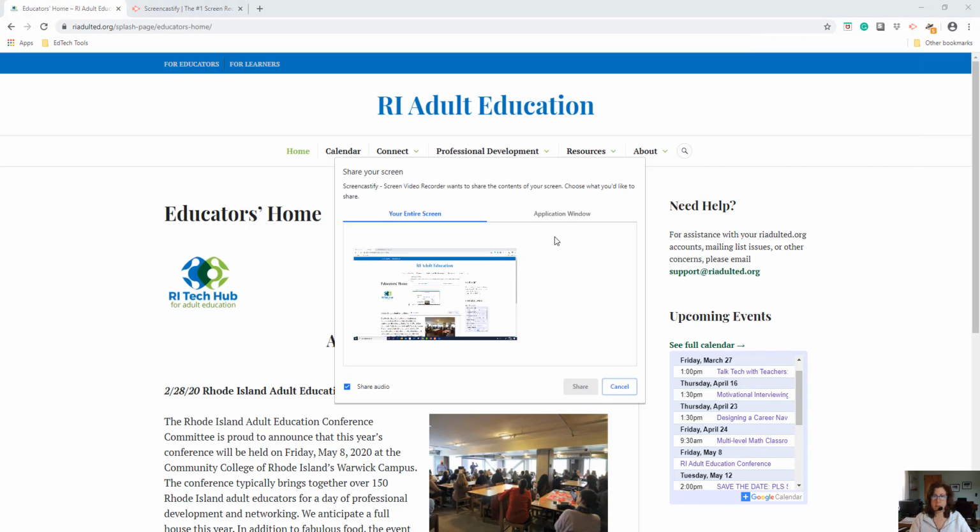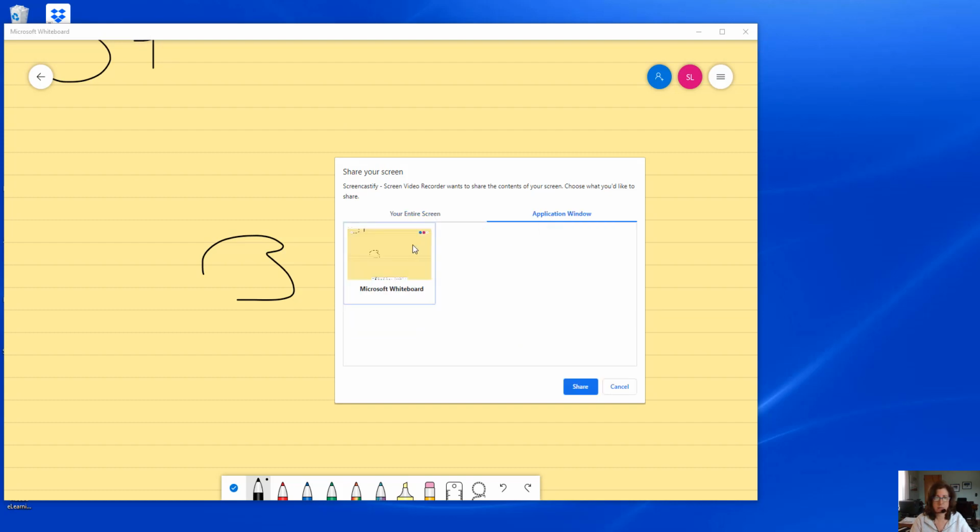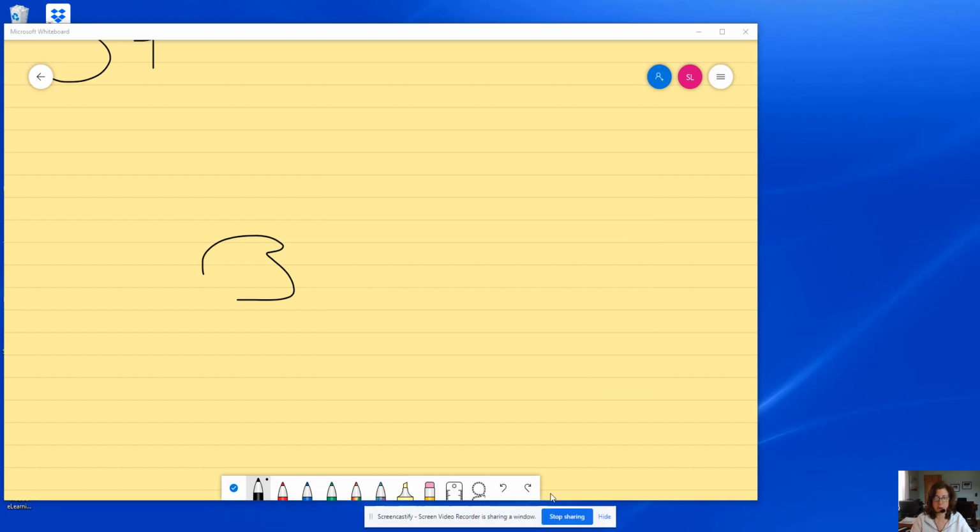Now, you can see in the middle, it has popped up. Maybe I should close that. Oops, yeah. I'm going to close that. So it has popped up what my screen sees. In the background is what I have open, and on this screen right here, you can see in the middle, it tells me that if I chose an application, it would ask me for that application, and I would say share. So right now,